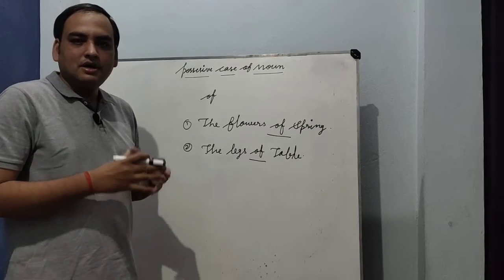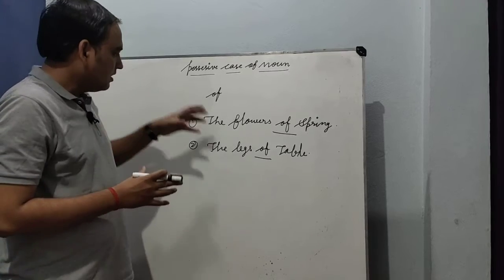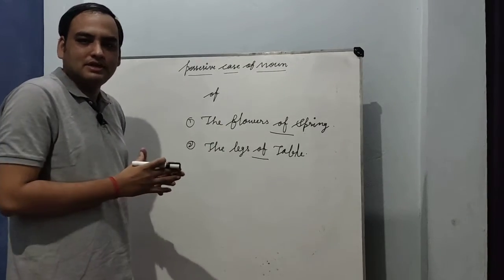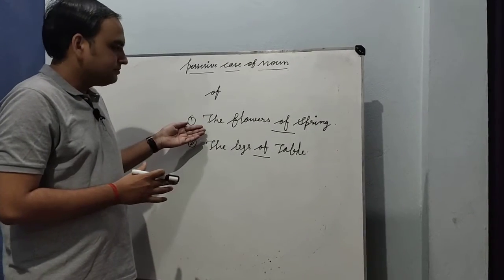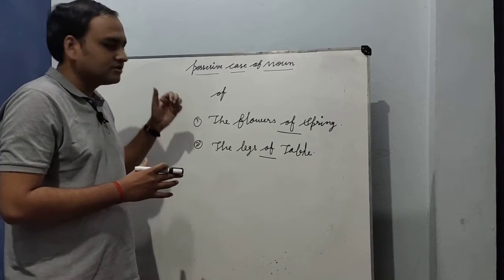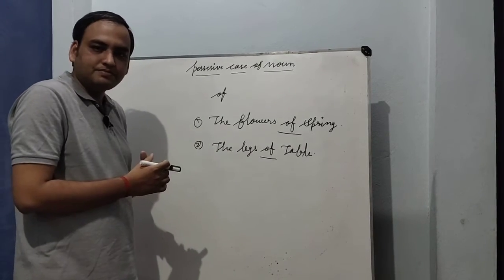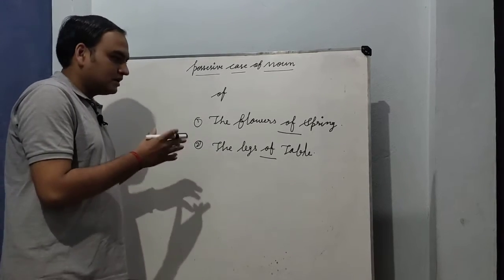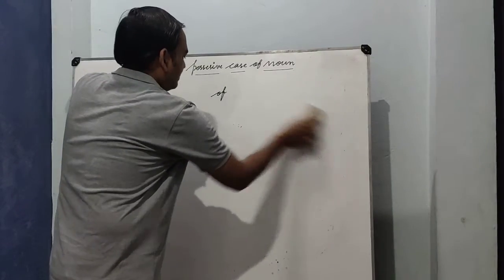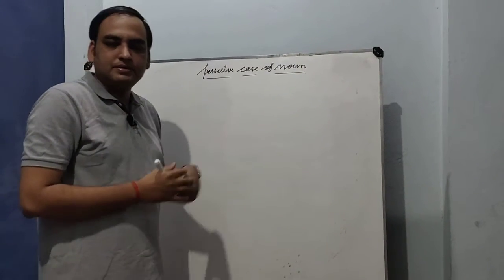What does possessive case show us? Possessive case generally tells us the relation or the possession of any word or sentence with another word or sentence or phrase. Here there are two sentences to express the situation. How can we use the possessive case of noun? There are so many sentences we can make by using this concept. Okay, so now I am taking a further step. We have learned how to make possessive case of noun by using apostrophe and using the preposition of.